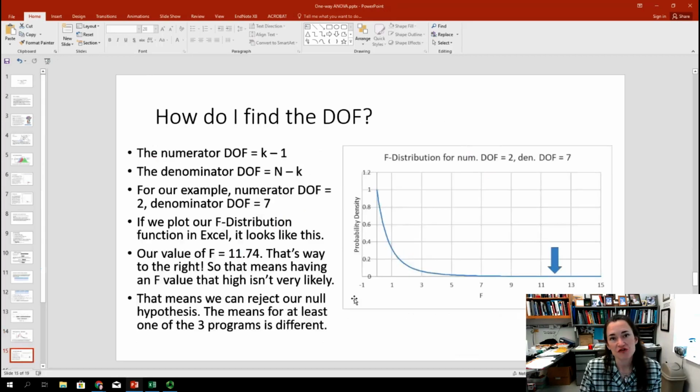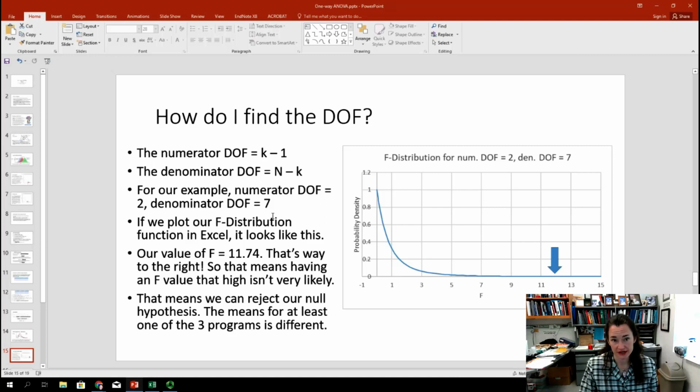Okay, so how do you find those 2 variables, the degrees of freedom for the numerator and the denominator? Well, the numerator degrees of freedom will be equal to the number of groups minus 1, or k minus 1. And the denominator degrees of freedom will be equal to the total number of constituents in all of your samples, big N, minus the number of groups, k. So for our example, we had 3 groups, so the numerator degrees of freedom is 2. We also had 10 total participants for those 3 groups. So N minus k, or the denominator degrees of freedom, is going to be 7,